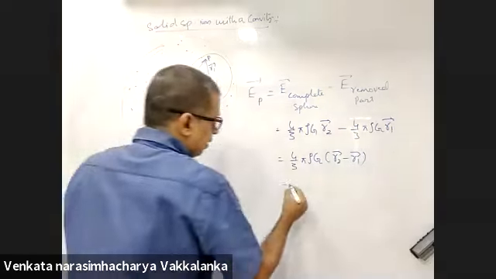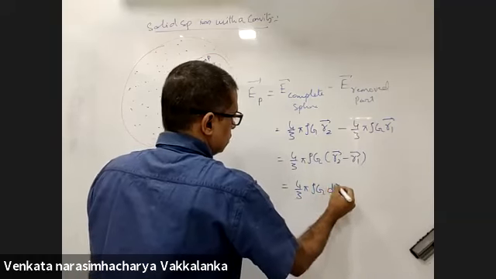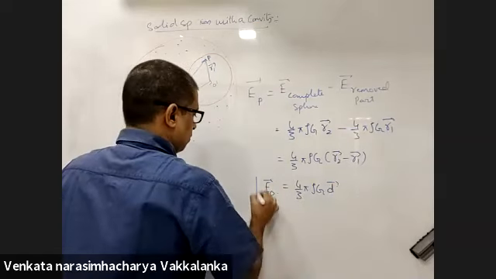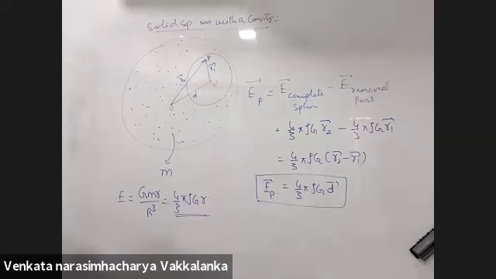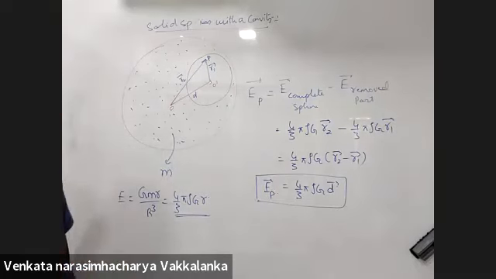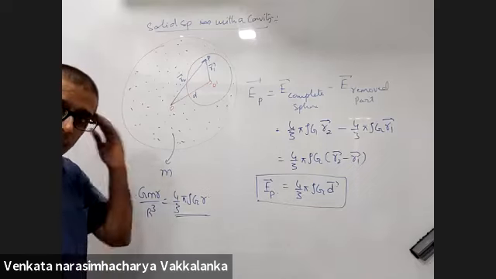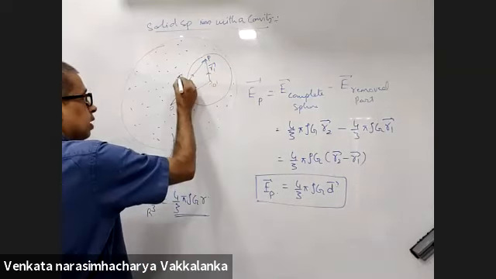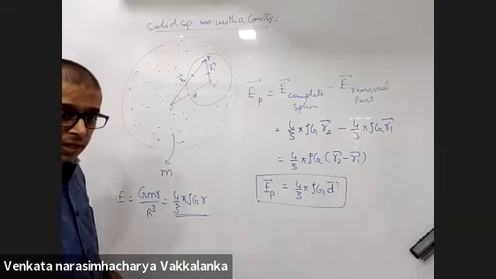Will it be D? Say something. And those are distances, right? Not vectors. What makes you think they are not vectors? R1, R2, distance, no? Arey, I am showing vector direction. The vector sign is written on top, why would you take distance? You have to take the vector direction also.